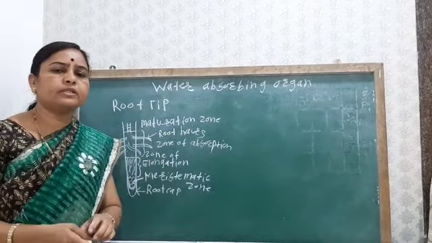Here the complex tissue includes the xylem, and xylem is the water conducting tissue in which the cells are the vessels and the tracheids. So that is the root tip region. Then next, how is the structure of the root hair.